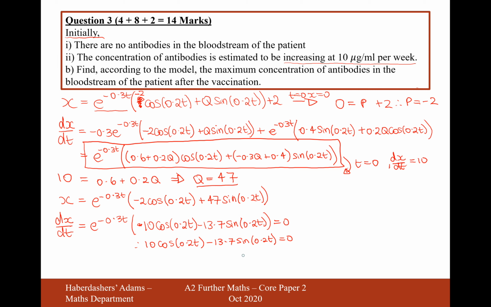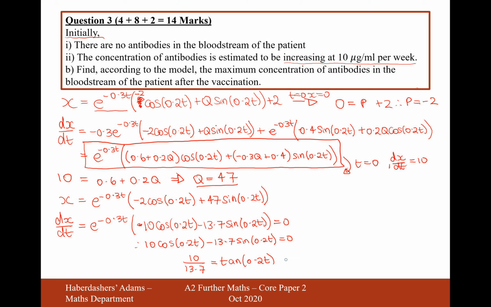If we now rearrange this and make ourselves a tan equation, we'll move the minus 13.7 sine 0.2t onto the other side, and then divide by the cos and divide by 13.7, we're going to get 10 over 13.7